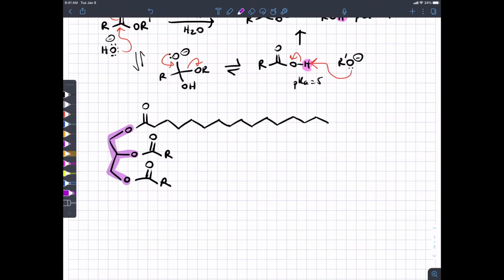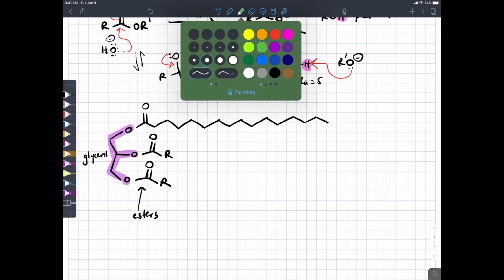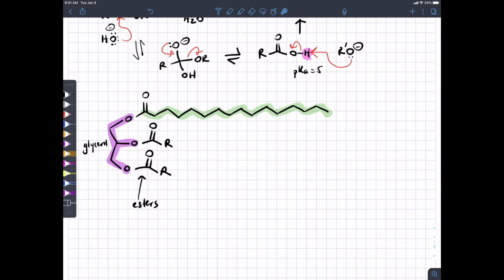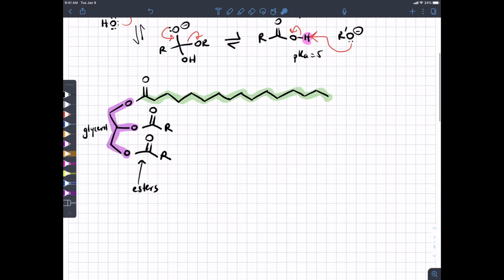Okay, so you have glycerol, you have esters, and then you have this long chain fatty acid. And this is a very nonpolar molecule, which is why fats and oils don't mix well with water. Our ancestors were able to